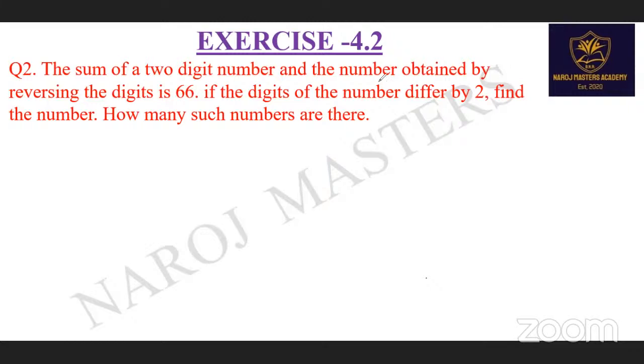The sum of a two-digit number and the number obtained by reversing the digits is 66. If the digits of the number differ by 2, find the number. How many such numbers are there? So here it is given clearly that the sum of the two-digit number and the number obtained by reversing it is equal to 66. For example, let us assume